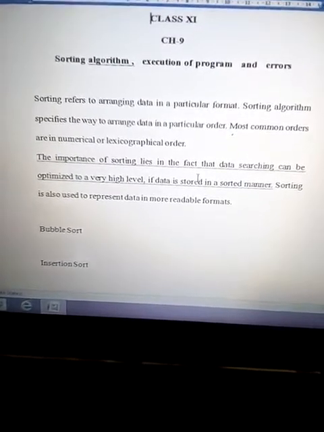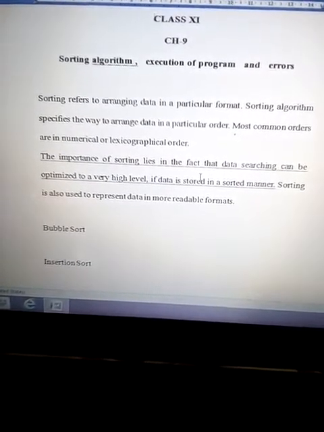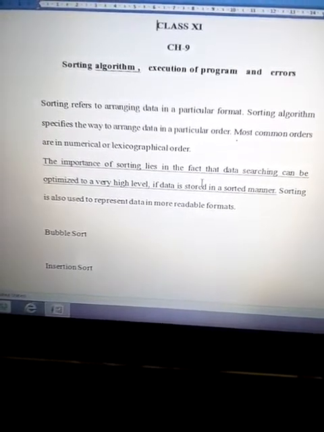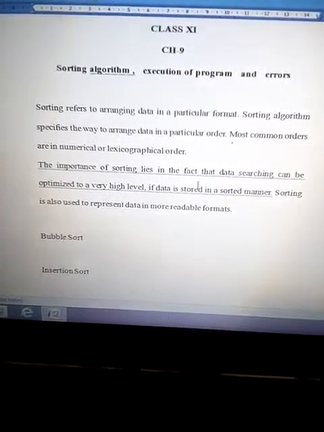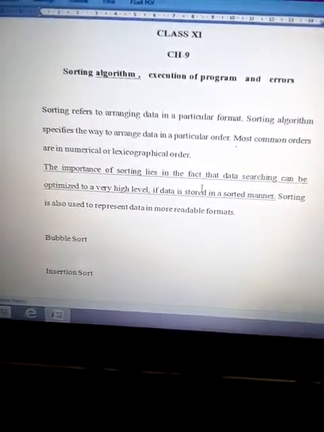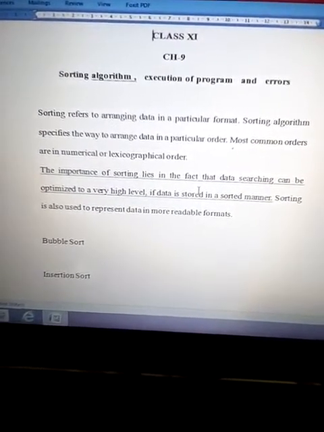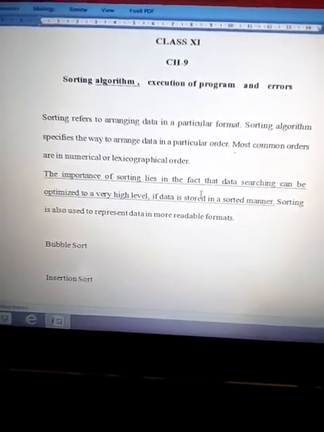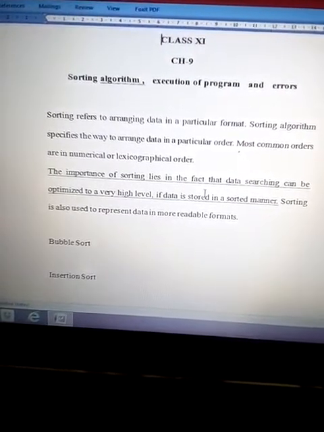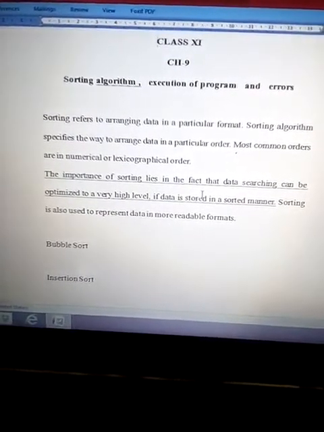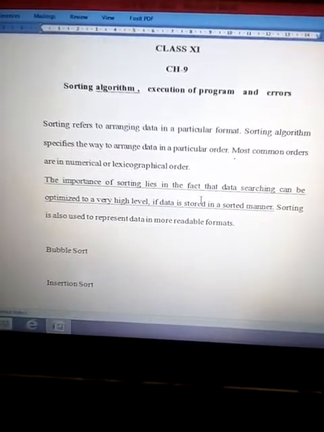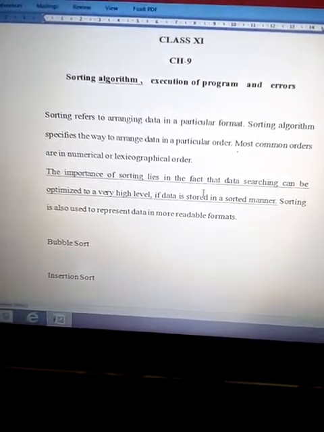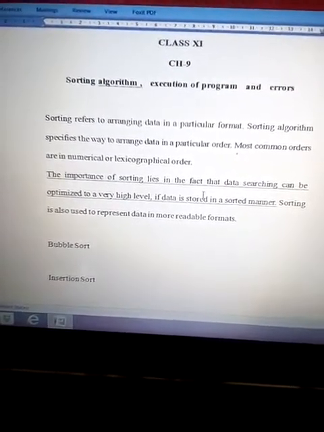First you have to know what you mean by sorting and what you mean by algorithm. Sorting is just a technique to rearrange your data in ascending or descending order, whichever way you like. An algorithm is just a step-by-step process to implement or to solve any problem. Again, I am repeating, sorting is just the rearrangement of your data either in ascending or descending order as per your wish. An algorithm is a simple, step-by-step process to solve any problem in a specific way.